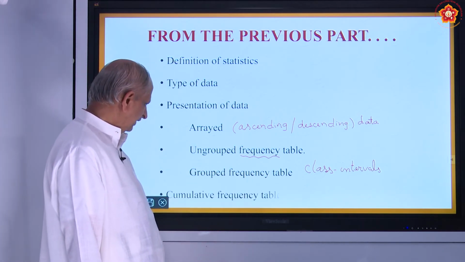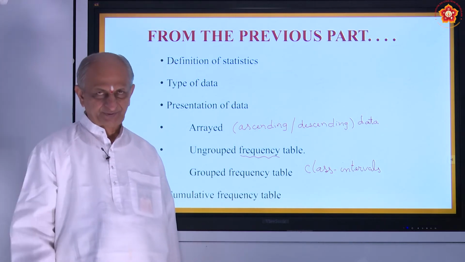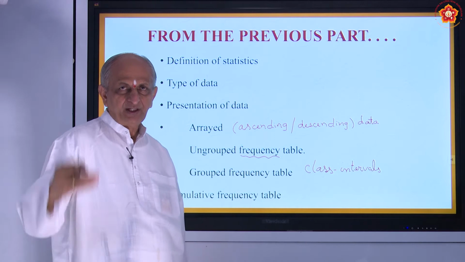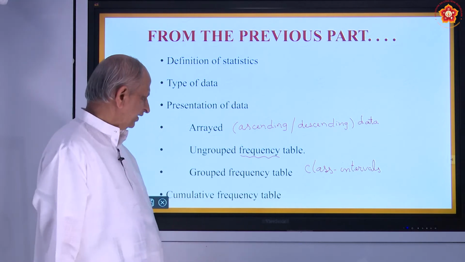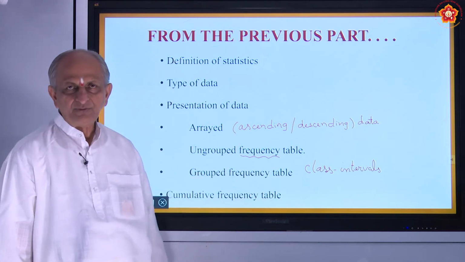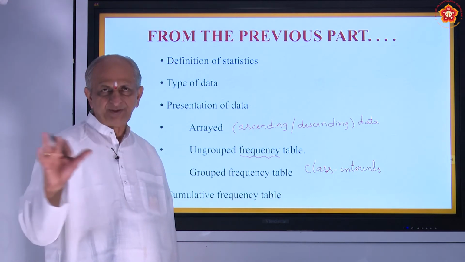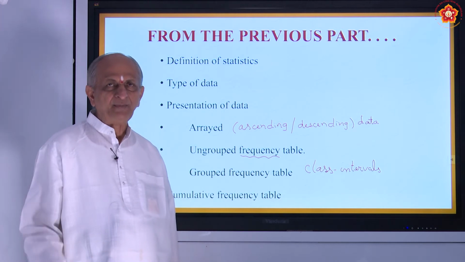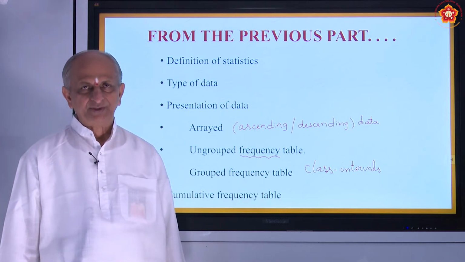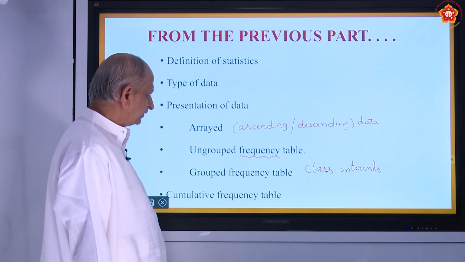Okay. And lastly, we have seen the cumulative frequency table. Cumulative means adding of the frequencies. The last column, what you get, adds the frequencies. Then you get what is called cumulative frequency. It is very helpful in the present day world. As you know, most of the information will be presented in the form of bar graphs or sector graphs, etc., etc. It gives very good details about that.